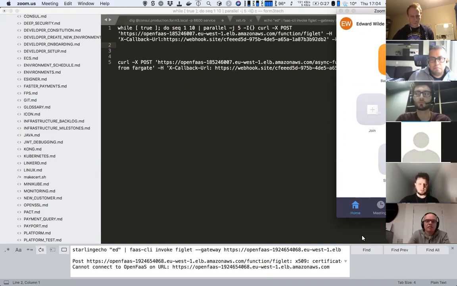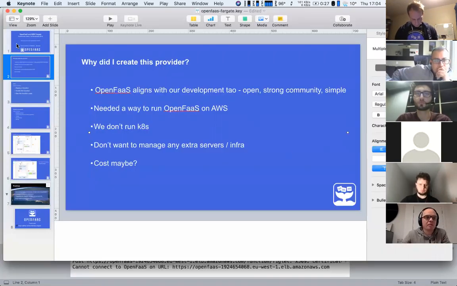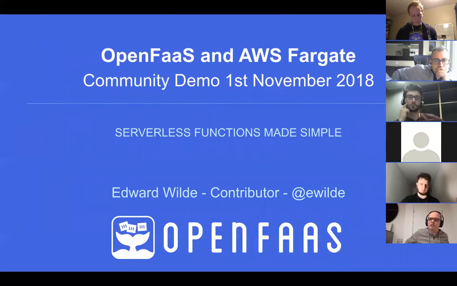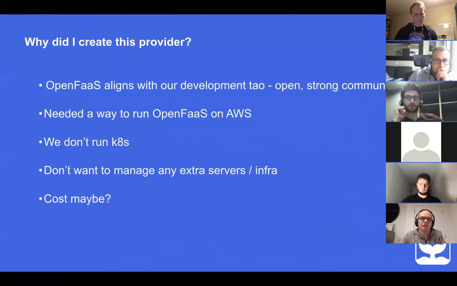Okay, great. So as Alex said, I've been working on creating an OpenFaaS provider. I attended an OpenFaaS workshop in Peterborough in June, and I was chatting with Alex about how the provider model worked. And I was quite struck at how extensible it was. We wouldn't have to rewrite a great deal to get the full OpenFaaS experience, but hosted in AWS, in the way that we run things in AWS.